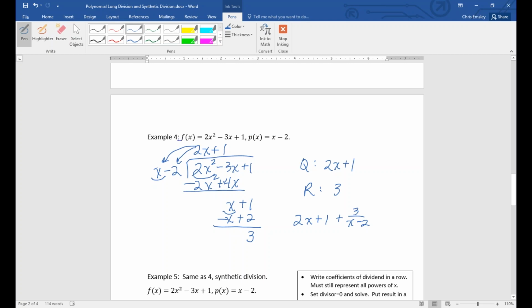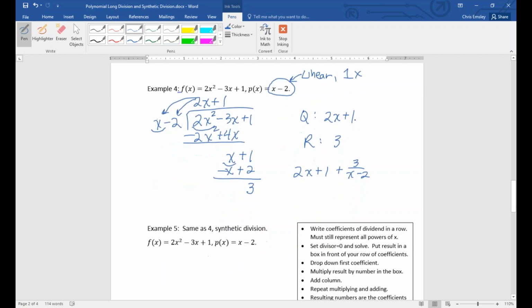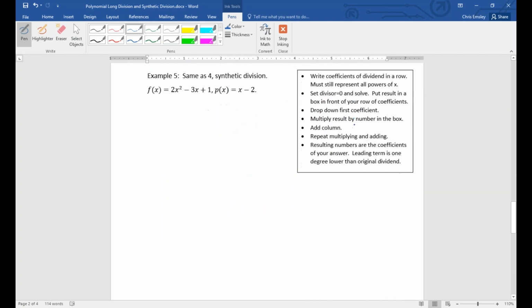Okay, now this one was a pretty basic problem, and when we have our divisor that looks like this, meaning that it is a linear term, and again with a coefficient of 1 on your x, then we can use a shortcut division technique called synthetic division. So that's what we're going to look at next. We can't use synthetic division for everything. That's why we also look at polynomial division. But if you're dividing by a linear term that has an x coefficient of 1, we can use this synthetic division technique. So we're going to do that same problem we just did, but we're going to do it using